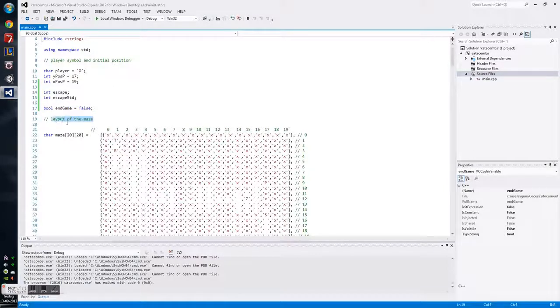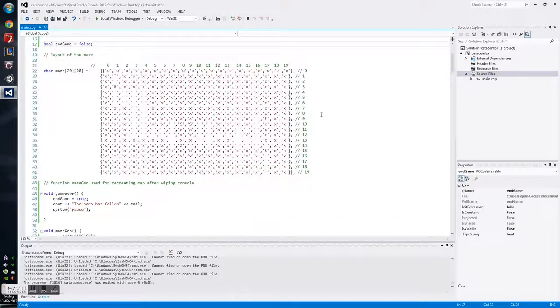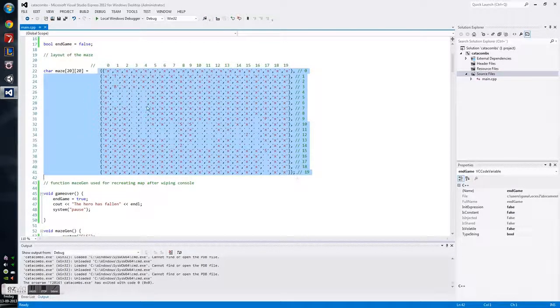Brings us, as the command here points out, to the layout of the maze. What you see here is a two-dimensional array consisting of chars, since the array can only take indexes of the same data type. We'll have to declare which right here. And what's contained in all these indexes in our two-dimensional array is all these chars, which make out the layout